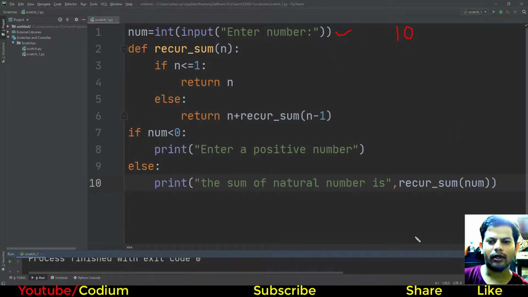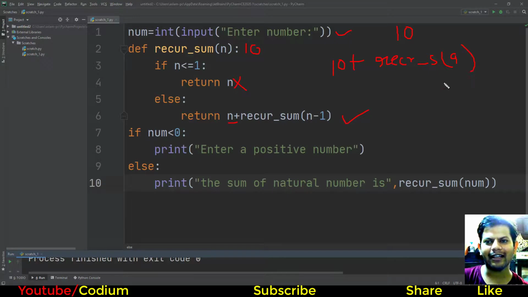Now because in this function the argument is the value of num, n value is now 10, which is greater than 1, so this is not work, this is work. When this works, the return value is n, it means 10 plus function recursion underscore sum in brackets 10 minus 1, which is 9.